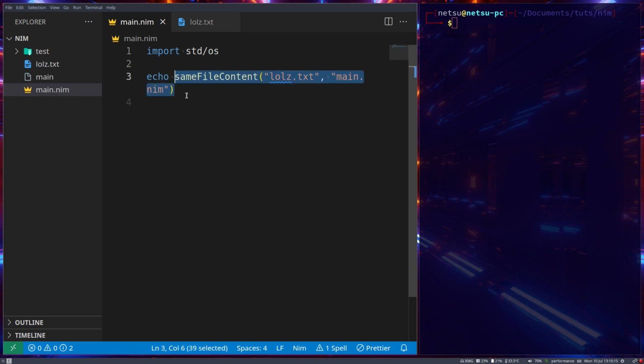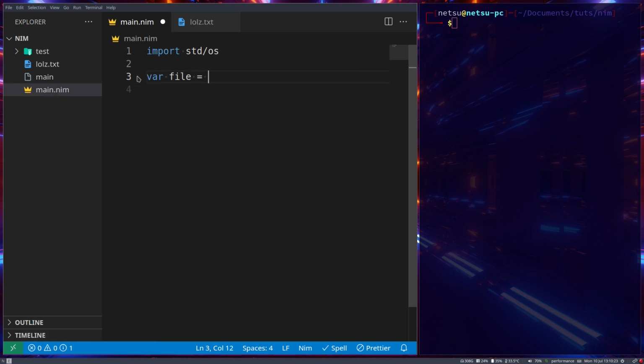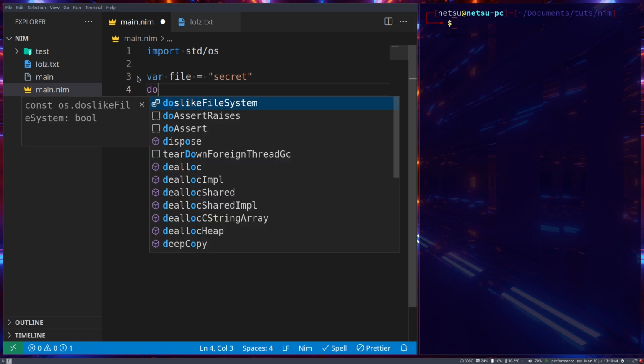So let's get started. Now let's say we have var file, and file is the name of a file, so let's call it secret. Now, what if you wanted to add an extension to this file? One way you can do this is by just appending your extension to the file. However, if you do this, then if that file already had an extension, it will now have two, which is not really great. So we can do